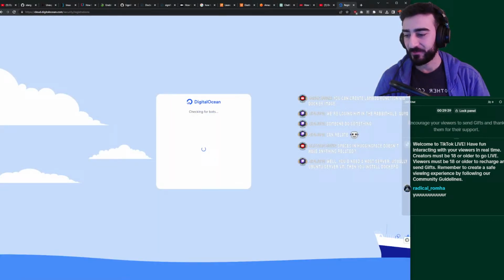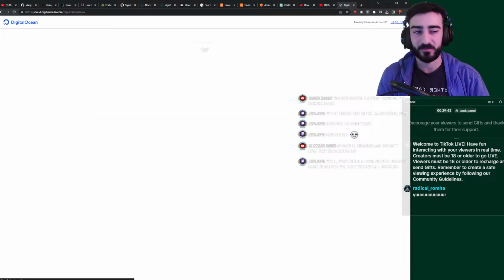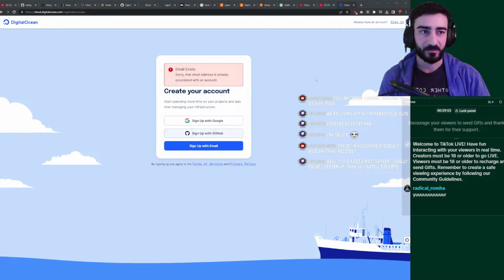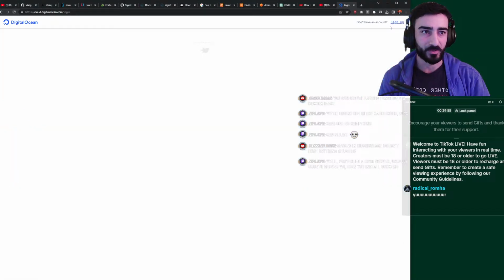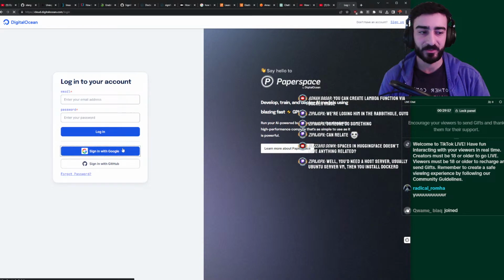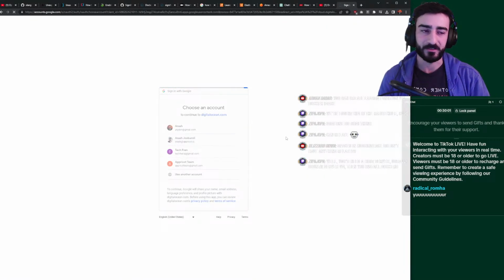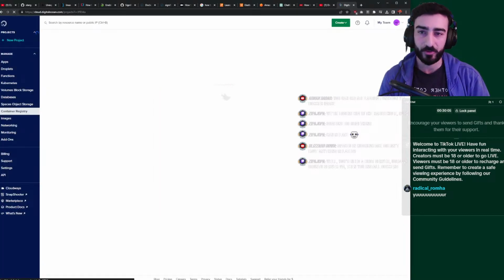Spaces in Hugging Face doesn't have anything related? No, that's more for models. We're trying to use Docker containers. It's a bit different. Zipperjopa says you need a host server, usually an Ubuntu server, then you install Docker. Yeah, it's looking like that. But I think with DigitalOcean, you can just host the container without having to specifically set up a VM. It still sets up a VM for you, but